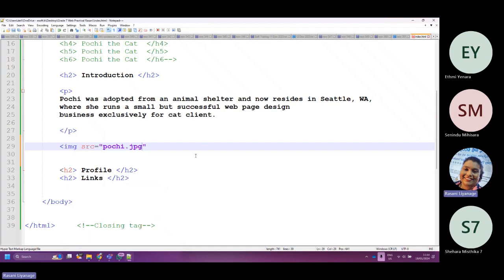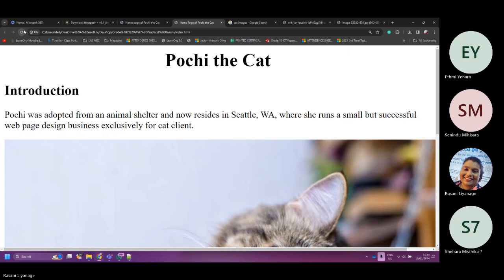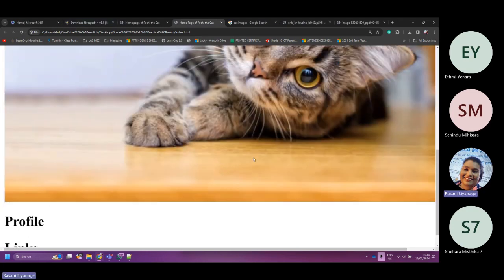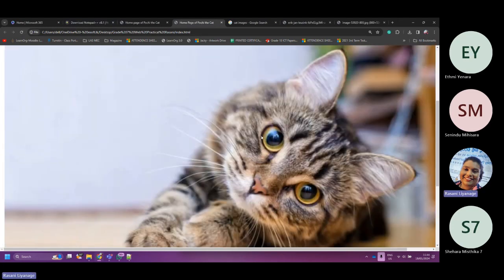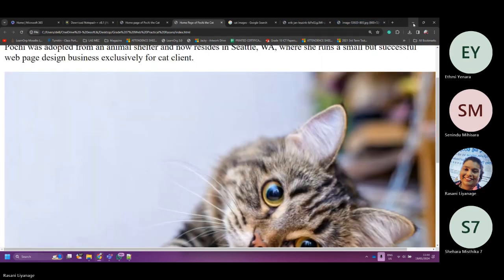So after doing that, just refresh and see, son. Just see how it looks. There you go. A cat is filling up the big profile. So that covers the whole page.